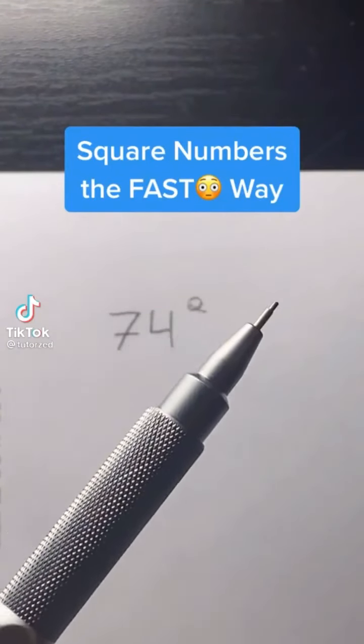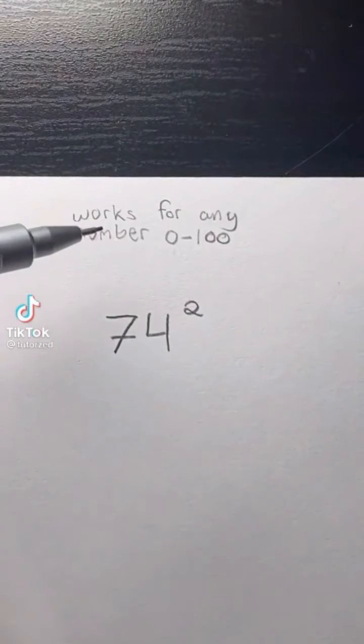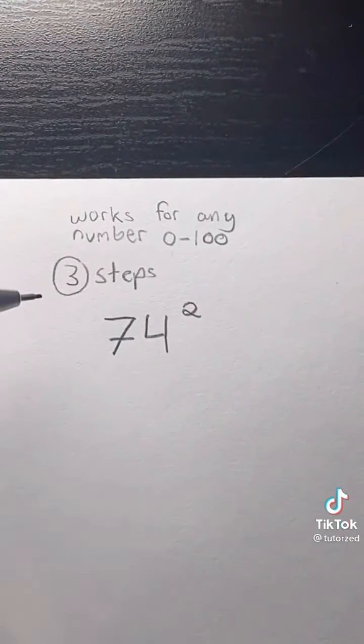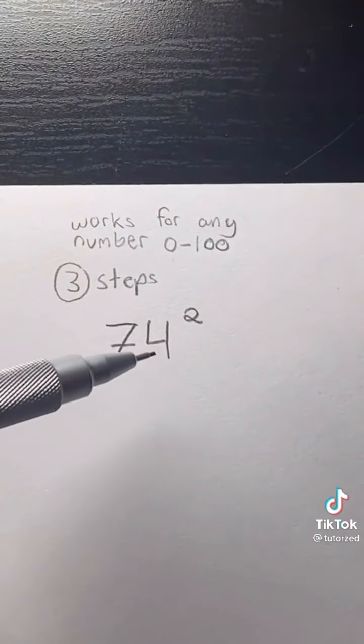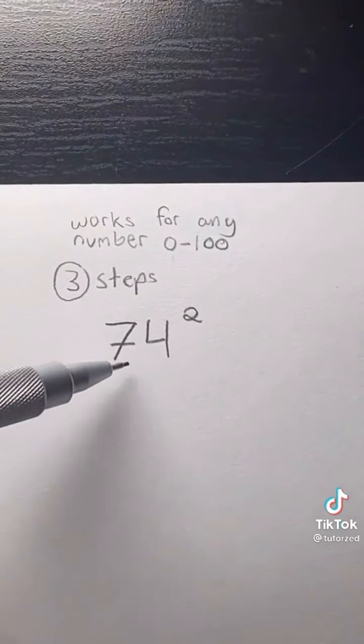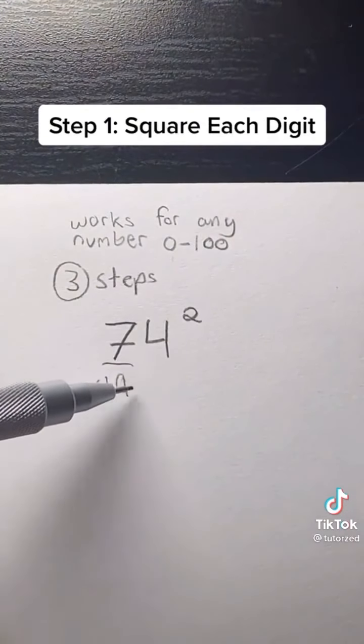Here's how you can square numbers fast. This method works for any number from 0 to 100, and all it takes are just 3 steps. So say we have a number like this, 74 squared. Well, our first step is to square each digit, so we square 7, we get 49, and we square 4,